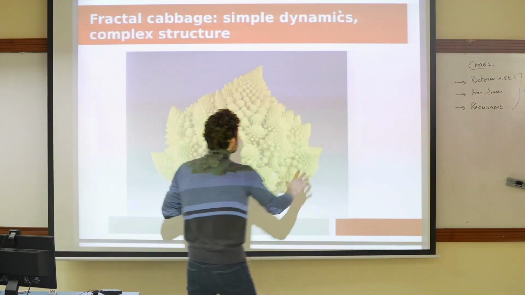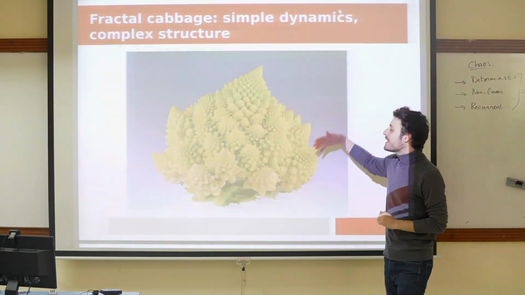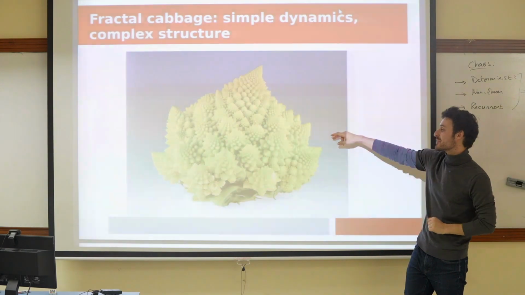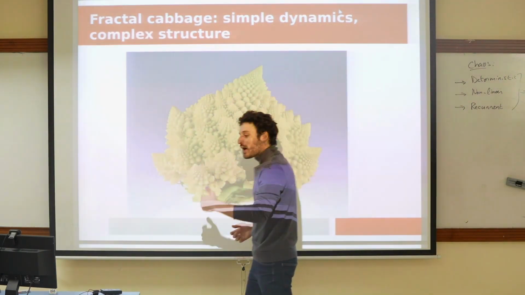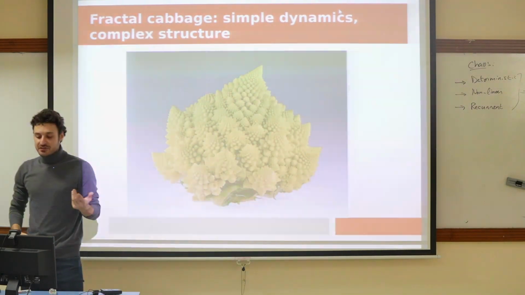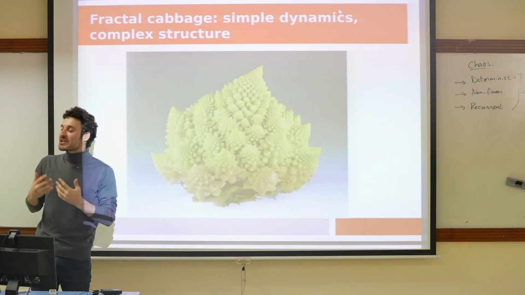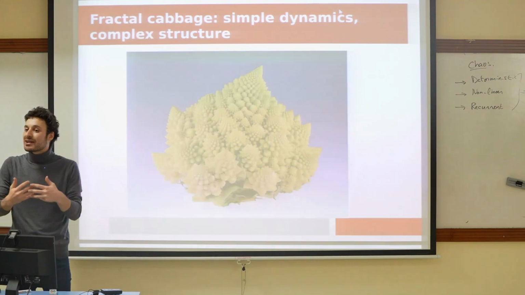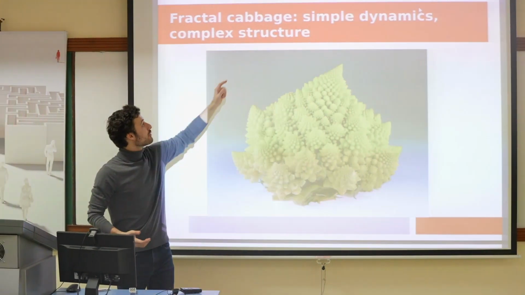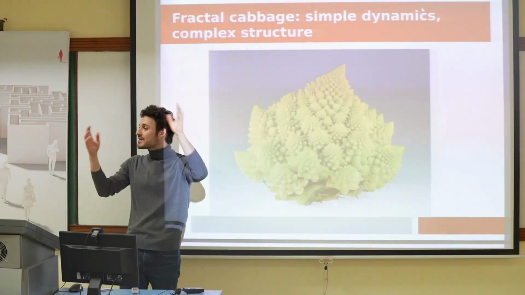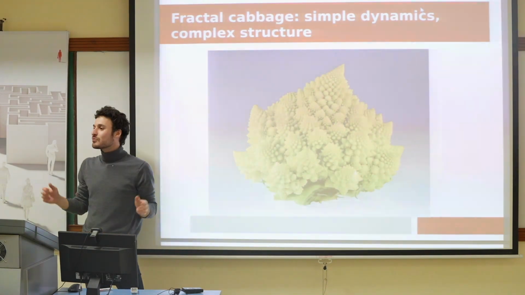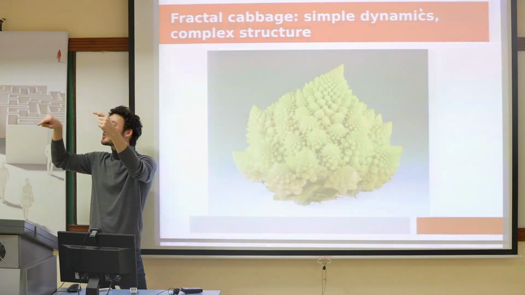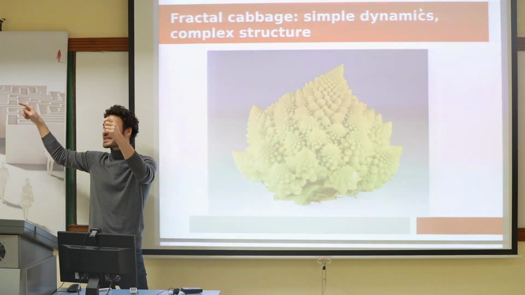So this is one of the ways in which fractals relate to chaos, right? Because we kind of lost chaos for a few minutes there, but we're back to it. Ultimately, why is it that you often find fractal structures in chaotic systems? It's because chaotic systems are deterministic, and the dynamics that govern them, the dynamical equations, are simple, right? Remember, the Lorenz system was 3 differential equations. The logistic map was 1: x_{n+1} = r x_n (1 - x_n), right?